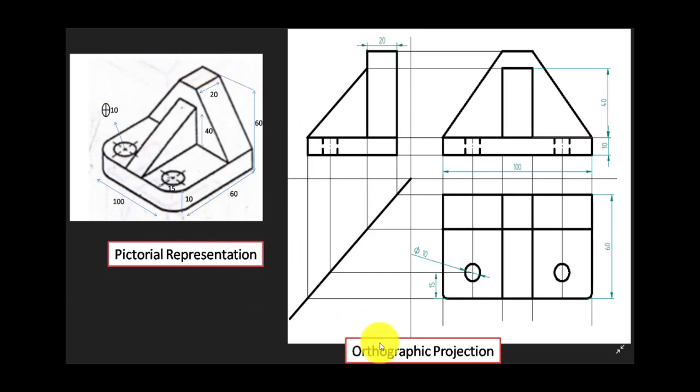You can see here the orthographic projection views of the given diagram. The orthographic projection is in the first angle projection, where we can see the front view of the object, the top view of the object, and correspondingly the side view of the object. So in order to have a clear picture of the dimensions and the views of the image, kindly pause the video here and have a look over the dimensions and the views. After this we will start creating the image in SolidWorks software.